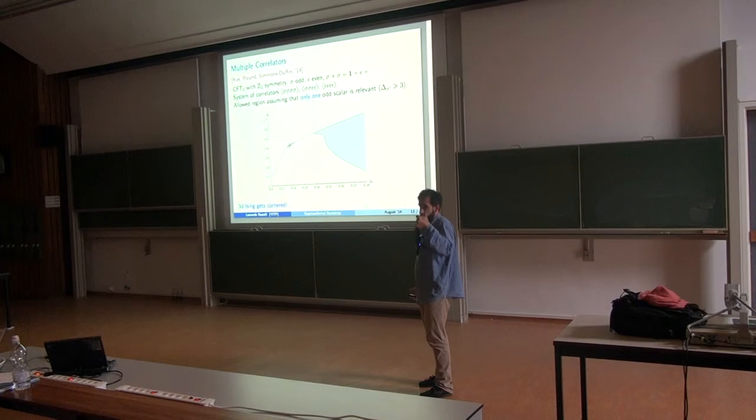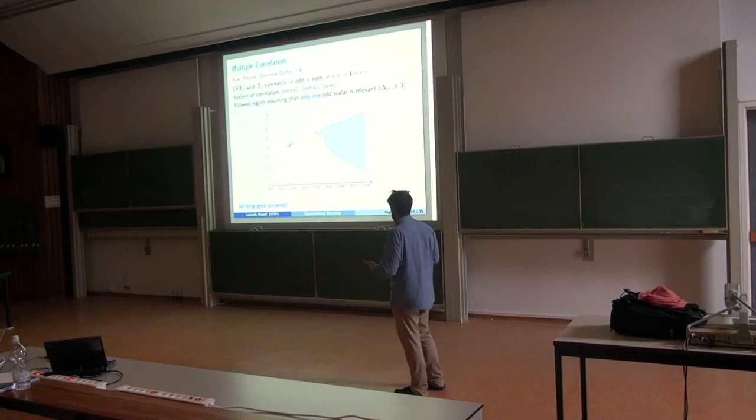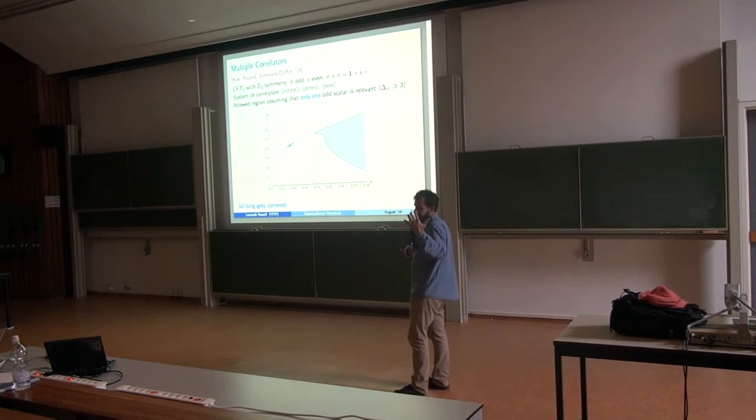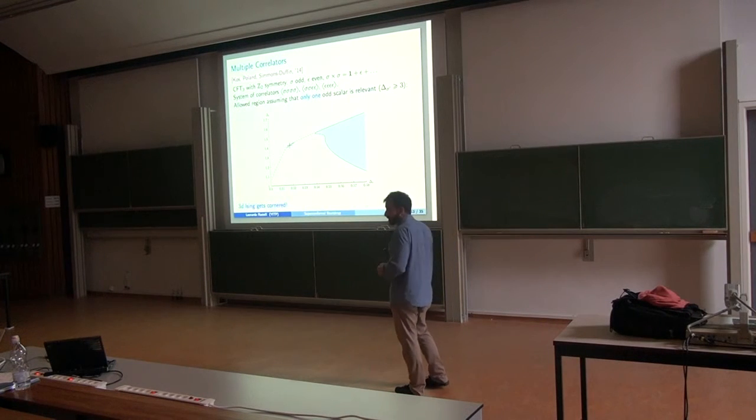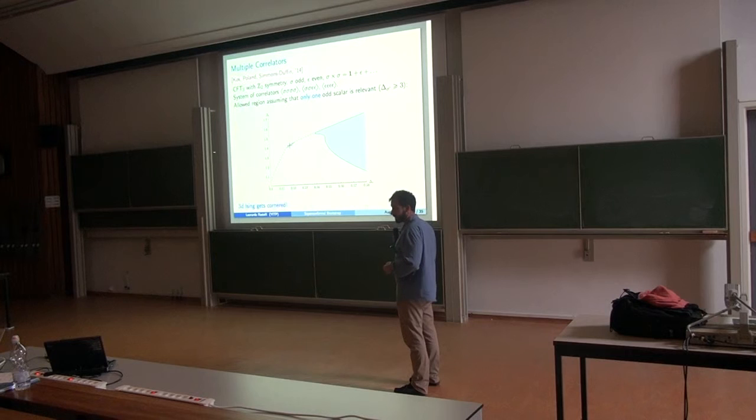One which is Z2 odd, which controls the magnetic field, and one which is Z2 even, which controls the temperature. And so we certainly know very well that the 3D Ising model has a single relevant scalar of each parity. And by pure thought, just imposing conformal symmetry, Z2 symmetry, and this very minimal condition, there's only one relevant scalar of each parity, the oracle says no in all the white region, and yes in this blue region,